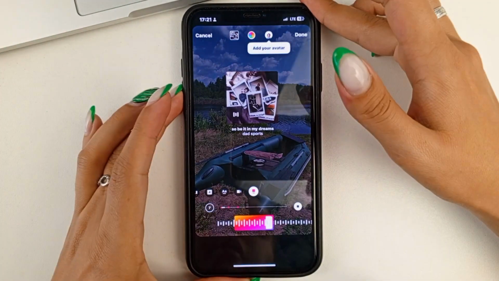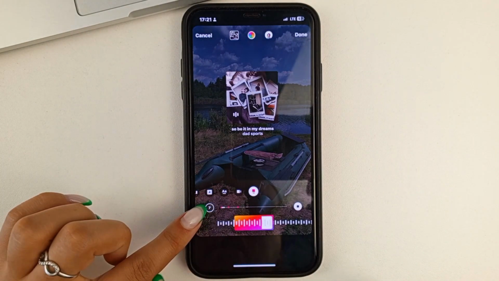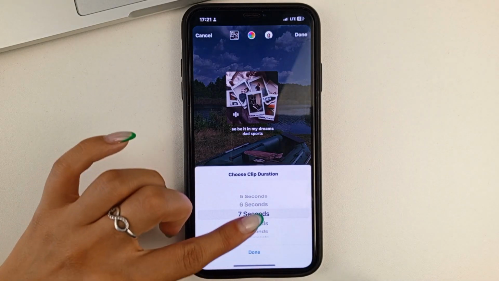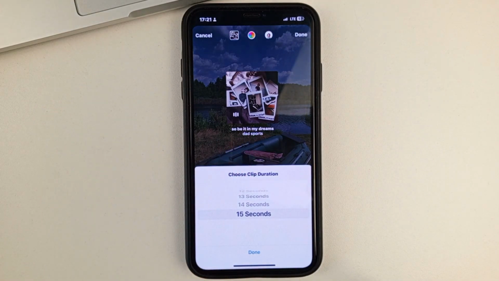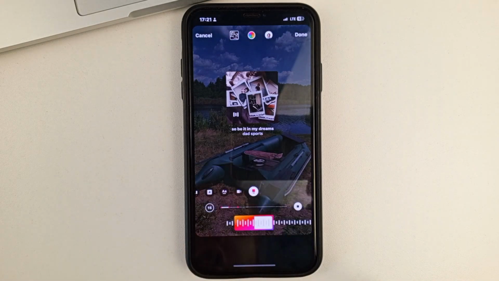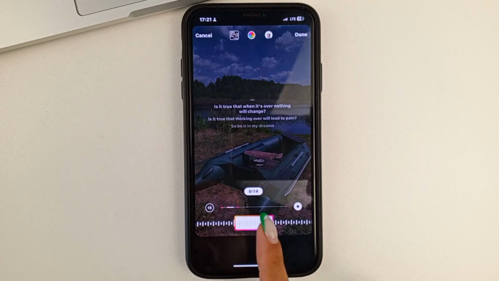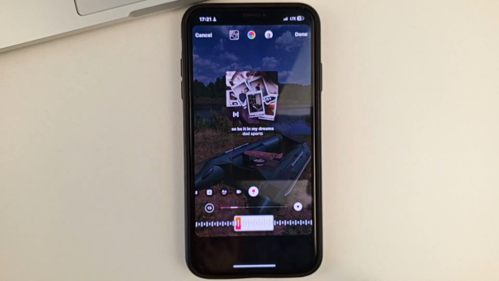And here, friends, you can choose several features for your music. First of all, you can choose the time. If you click right here, you can choose the time, how long your music will last. But you'll only be able to choose the time to the photo, and the maximum time, as you can see, is 15 seconds. Now, folks, you can move your music around to the section of the song that you prefer.